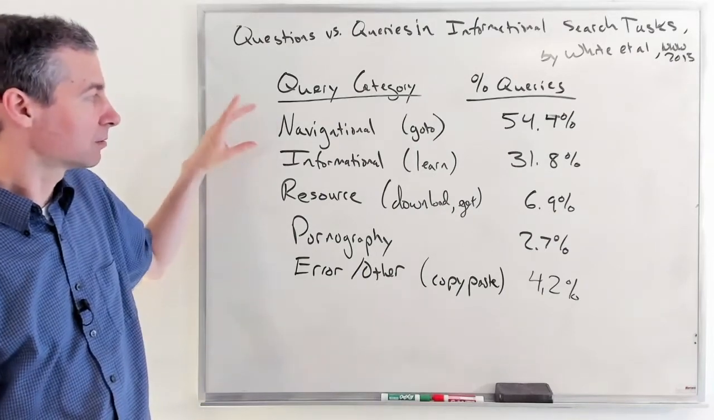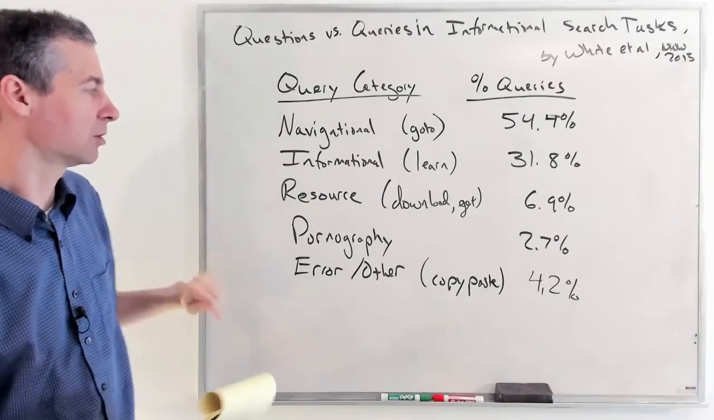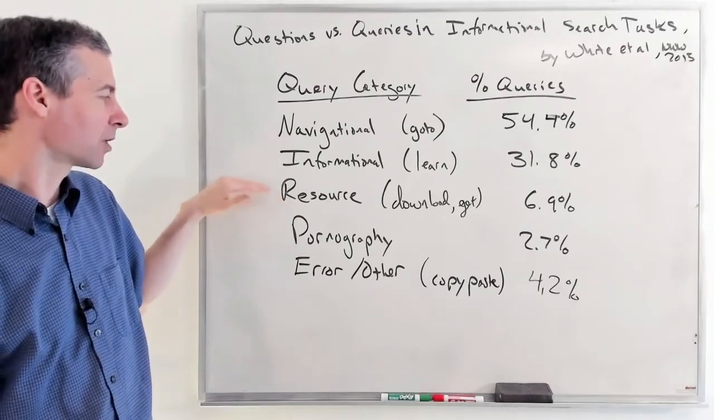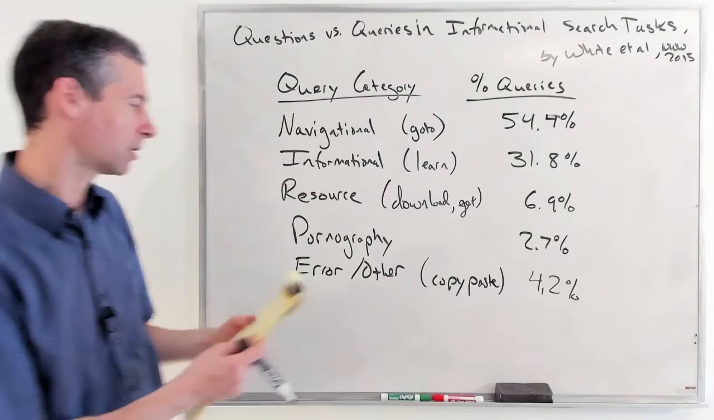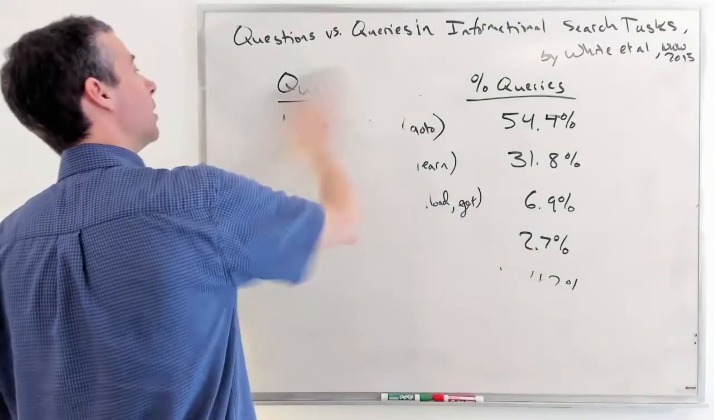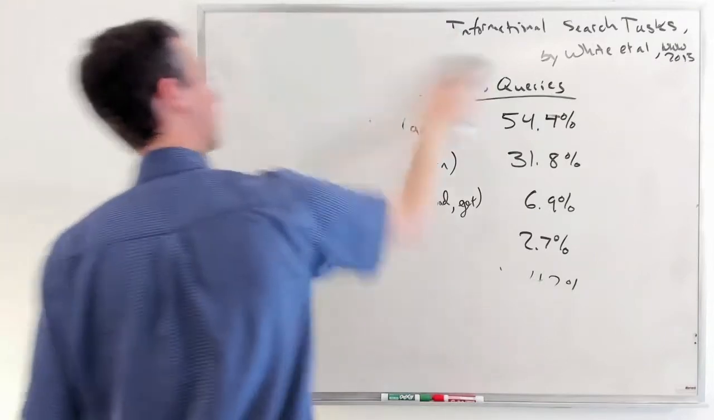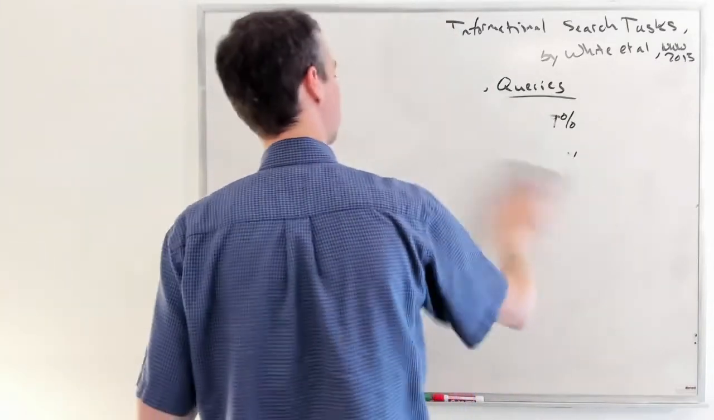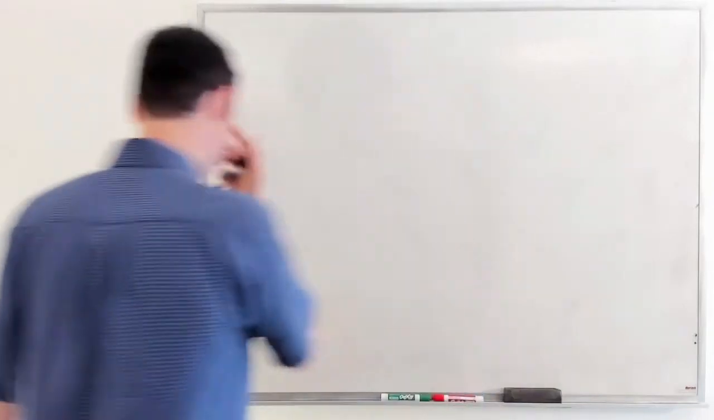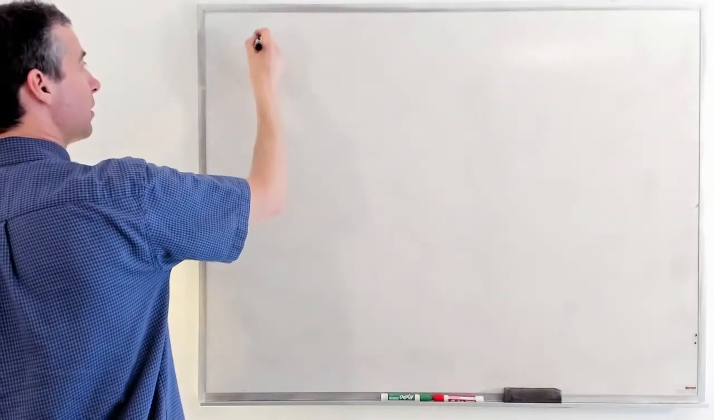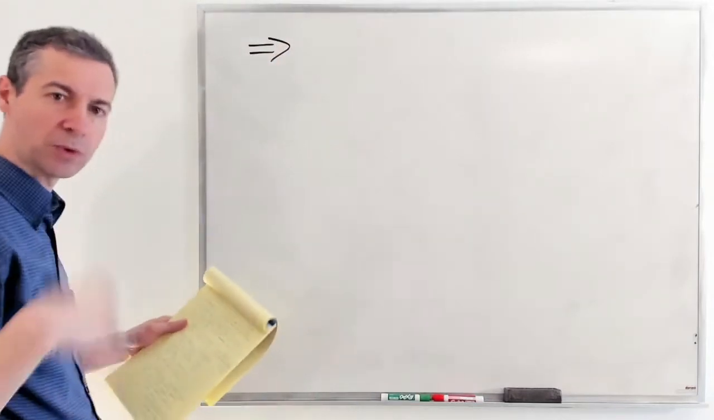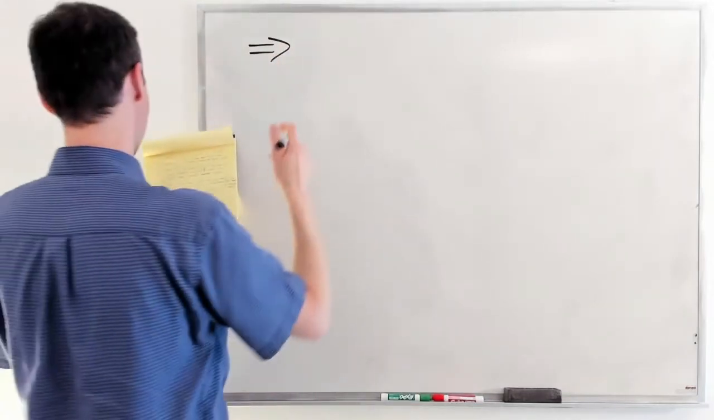All right, so big thing, navigational and informational. And resource is again, I want to go to a particular thing, and then we've got our adult queries, and then other stuff, mistakes. So the big ones are informational and navigational. Now, the big thing is what does this tell us? Well, if we do a little bit more looking or thinking about it,